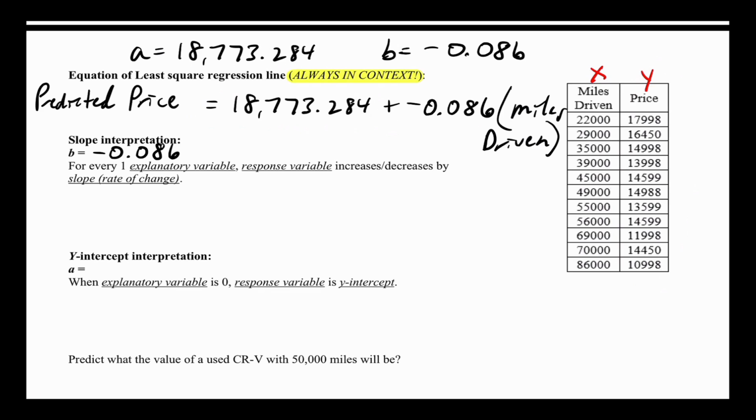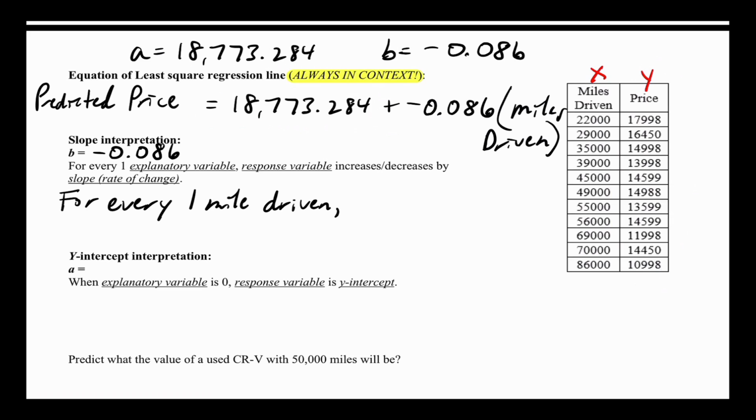So we start: for every one explanatory variable. What is the explanatory variable? Miles driven, right? It's bad English to say 1 miles driven, but you could say for every 1 mile driven,